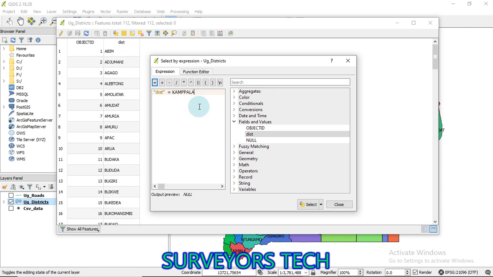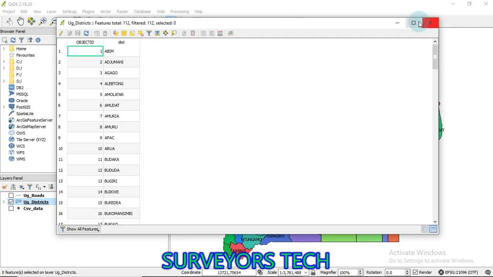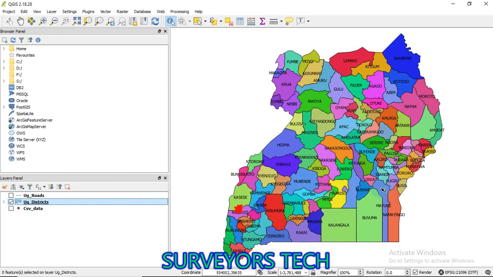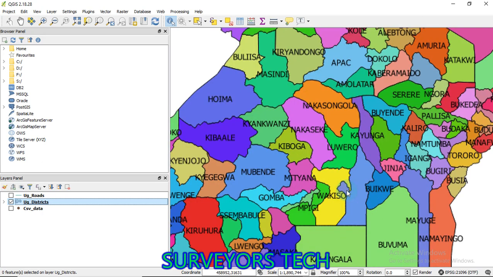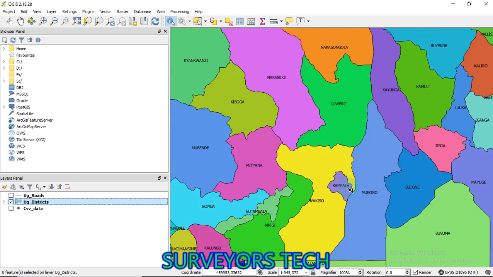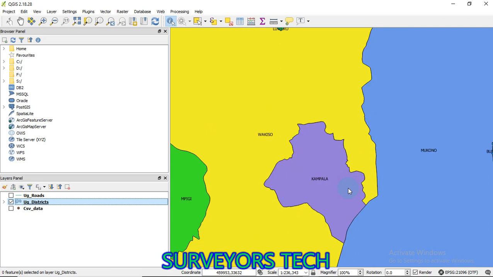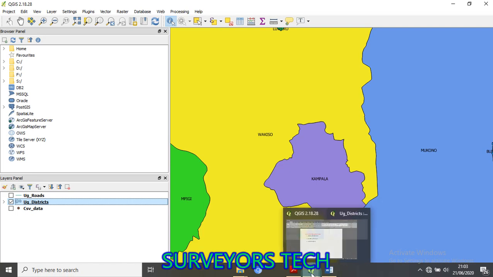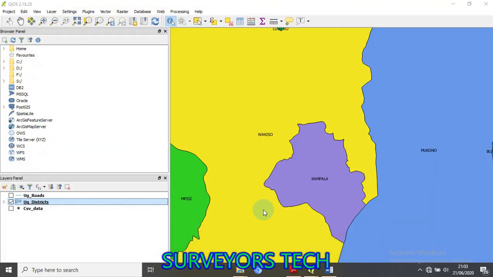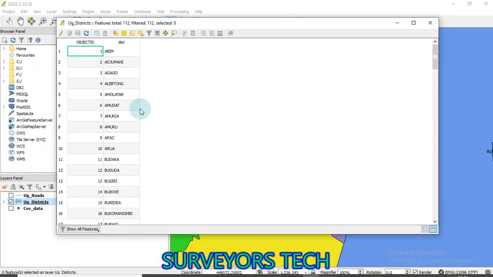If you select this, it should show you something. Did it select Kampala? For us to know that it was selected, it must be yellow. Yellow is the default color for selected layers, but it is not yellow. So that means it has not been selected.